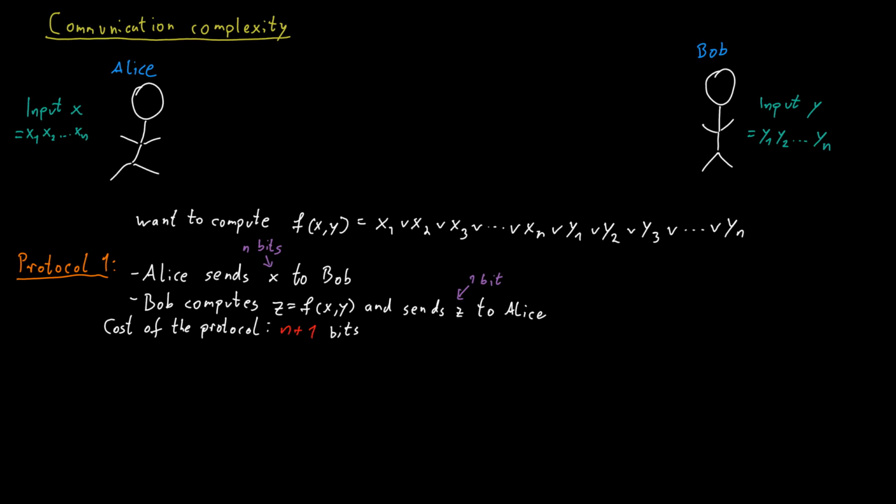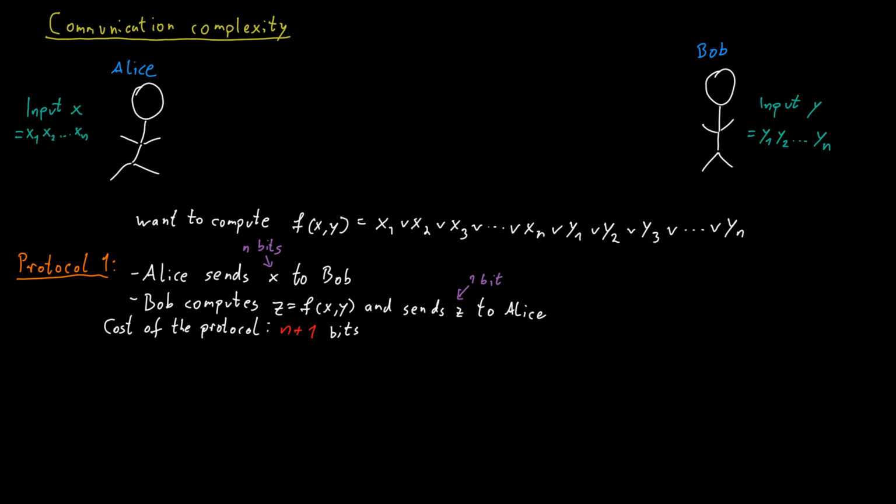By the way, it's maybe debatable whether, when we compute this function, Alice and Bob both need to know the result in the end, or whether it's enough if one of them doesn't know the result. But for our purposes, we will just assume that both parties, Alice and Bob, have to know the result at the end of the computation. Although, as you can see, it really doesn't make much of a difference, because if only Bob knows the result, he can easily just communicate it to Alice. It will just increase the communication by a single bit. So it's not much of a difference, but let's just agree that both parties need to know the result.